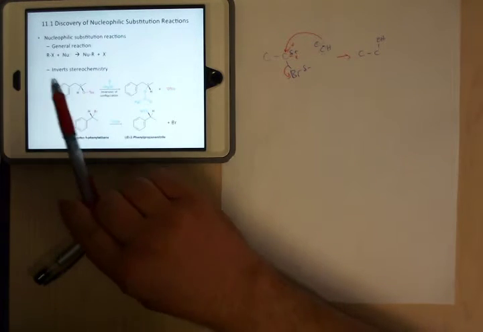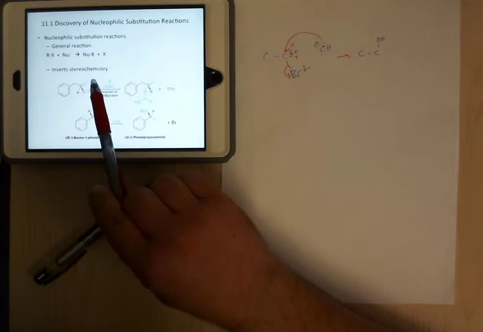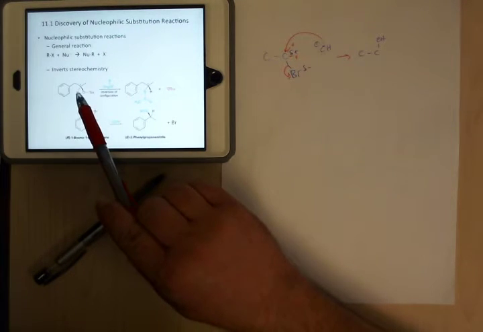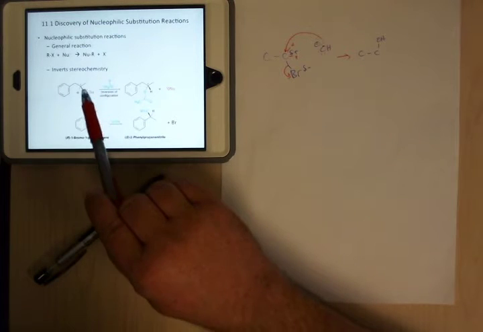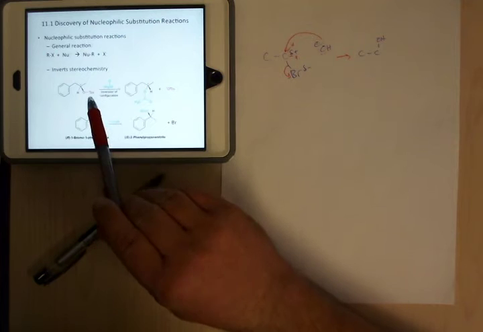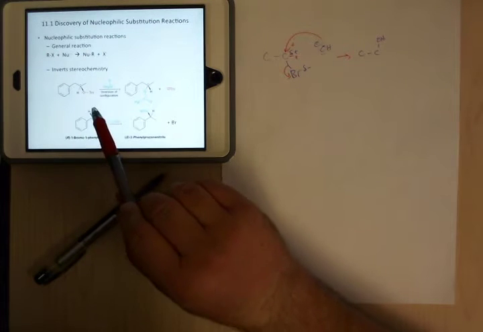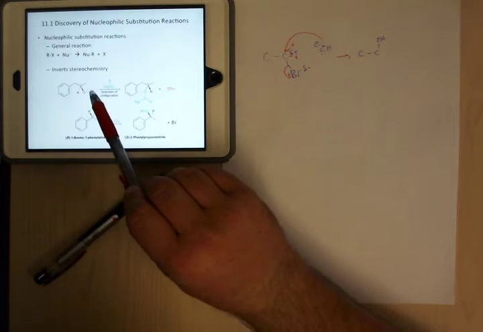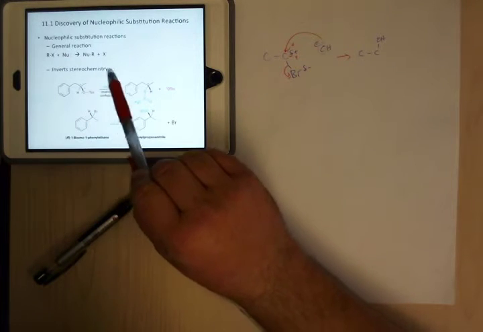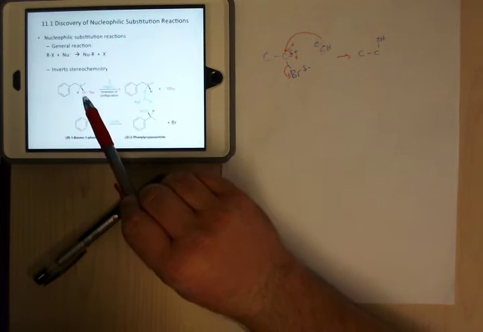One of the quirky things is that with nucleophilic reactions you can actually invert the stereochemistry. So this OTs, which is a tosylate, has as its sole purpose in life to leave. If your leaving group here is on a wedge,